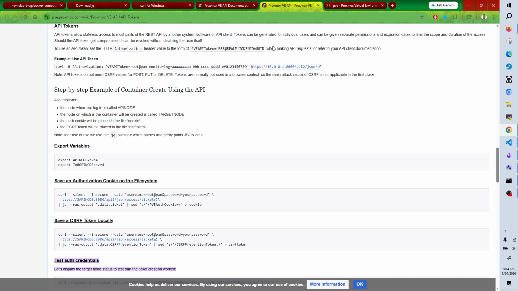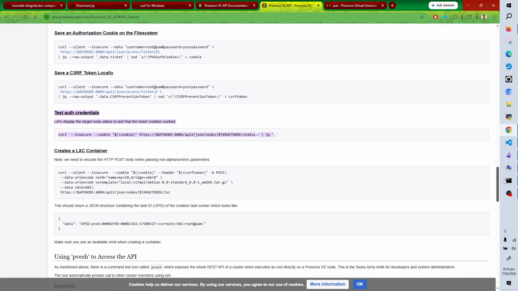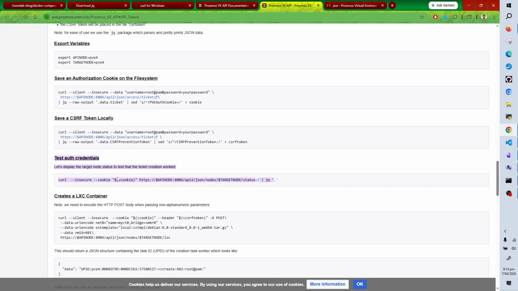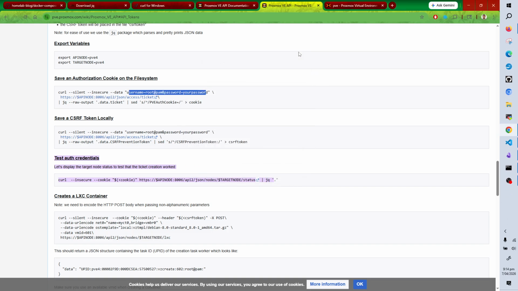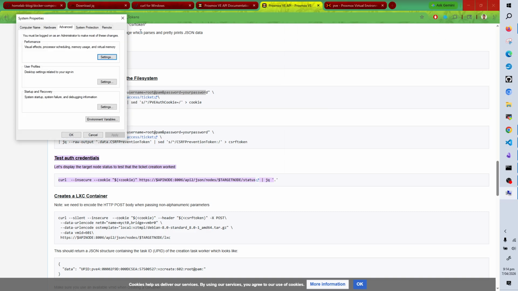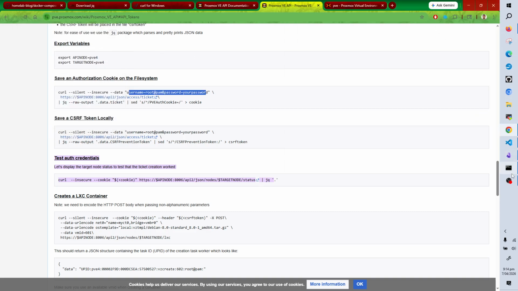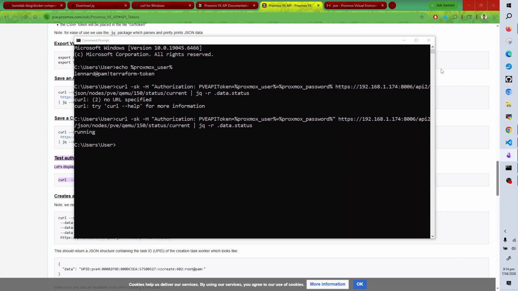It's advisable, based on the documentation here, to not put your credentials directly into the curl command like this. So I used variables, just an environment variable. You can just go to env and edit the environment variable here. If you are a command line junkie and you like using the command line,